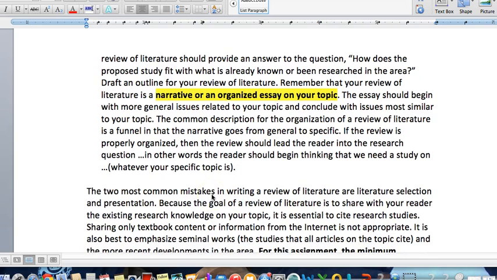Remember, your review of literature is a narrative or organized essay on the topic, but don't confuse an organized essay with an organized essay of your voice. It's not your voice. You're reporting what the research says. You're reporting what the research says that supports or refutes your topics, your points that you're making in each of